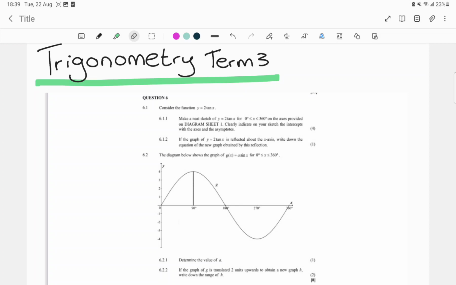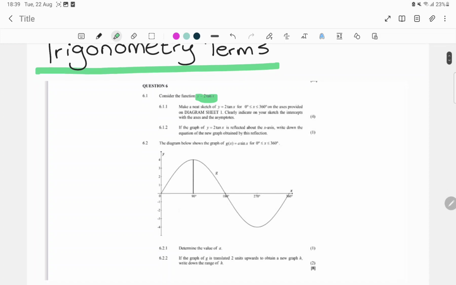So the first thing I want to look at today is your trig graphs. In question 6 they say, consider the function y equals 2 tan x. That is the function we are going to use. Then at question 6.1.1 they say, make a neat sketch of y equals 2 tan x, for 0 to